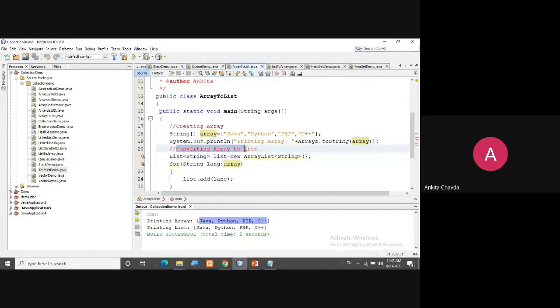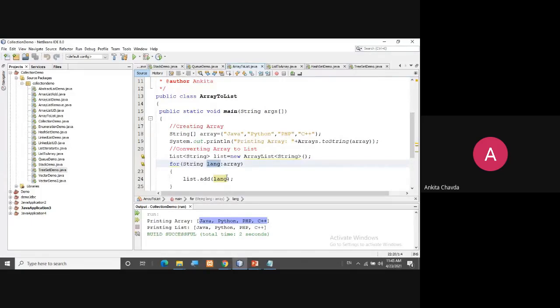Now you are converting your array to a list, because this is your string array and you are converting it into a list. For that, you take one list of string, list equals new ArrayList of string. Okay. Now in this for-each loop, you are just traversing through your array first. So String, because your data is of string, then any variable name, I have given a suitable name, lang, because here it is the programming language name, right?